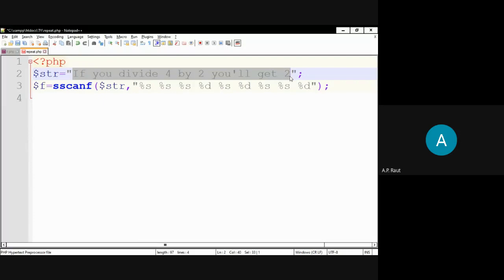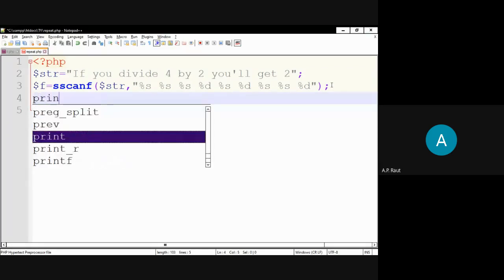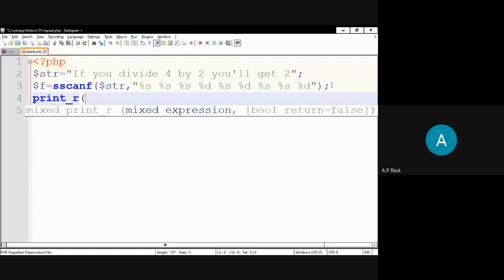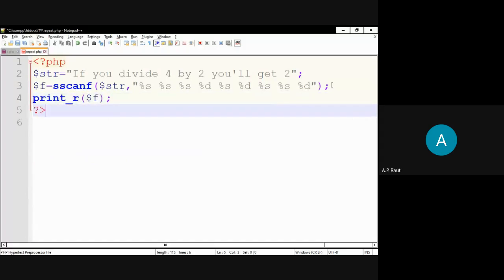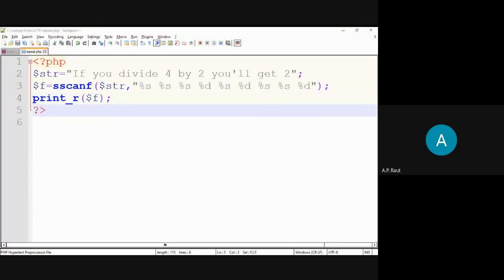So when you decompose a string, for that I will use the format of the string. And you can simply write it using the print_r function and the dollar and the semicolon. This is a simple program for the scanf function. You understand how to write the program for scanf function? Everyone, yes, ma'am. Got it?